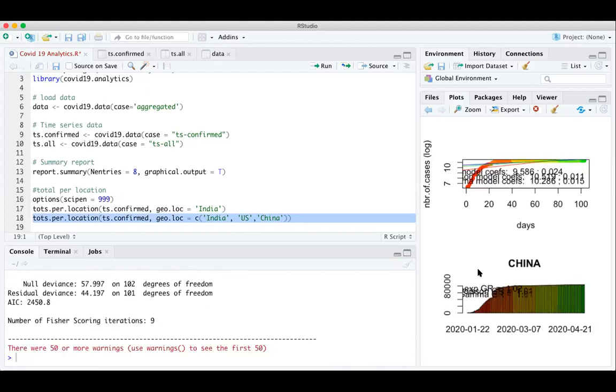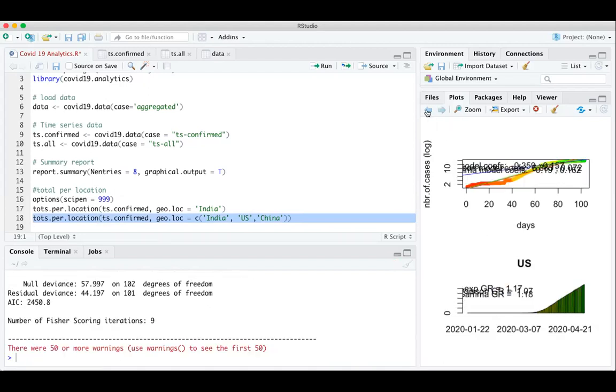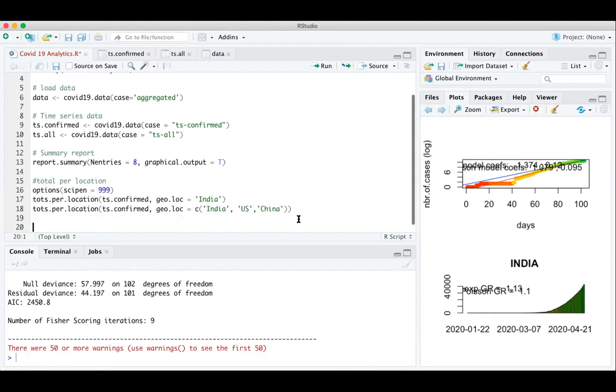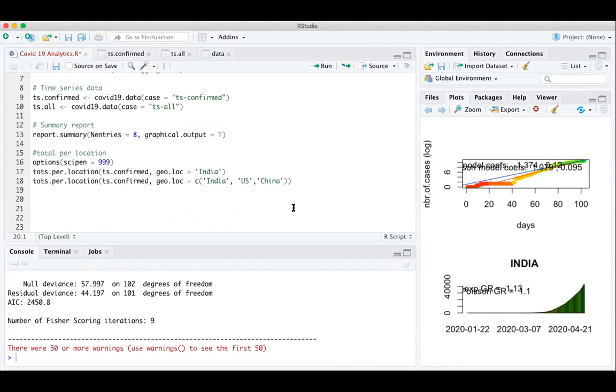So you can see China, India and US as different graphs, by using c and passing the different data. Okay, so this is the total number of confirmed patients, or infected people, per country.